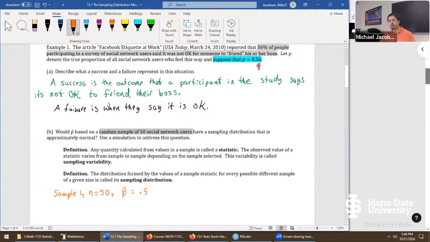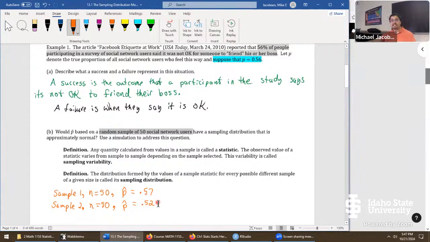Probably not going to come out exactly 0.56, but it could be something like 0.57, for example. That's if this is a pretty good estimate right here, if it's close to being true. When we get our random sample, if it's truly a random sample, we expect values close to the true parameter's value. But that's in one sample. We go to sample two. The critical thing is the same sample size each time, to compare what could happen from sample to sample. And we could get something like p hat equals maybe 0.52. It could be way off the value of the parameter just by random sampling error.